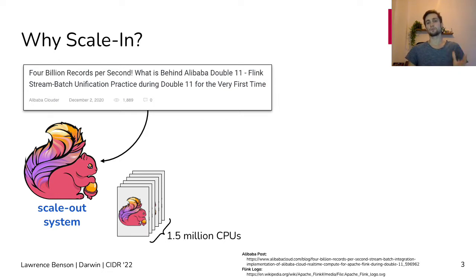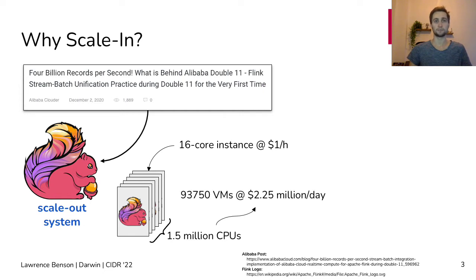Just to give you a small example, the exact configuration is not known, but as a ballpark idea, we calculated something with a 16-core instance that you can get on Alibaba's cloud for about $1 a day. To process this data, they would need more than 90,000 virtual machines. This alone in nominal infrastructure cost would be $2.25 million a day. If we look at the numbers exactly, this amounts to only about 42,000 events per second per server,